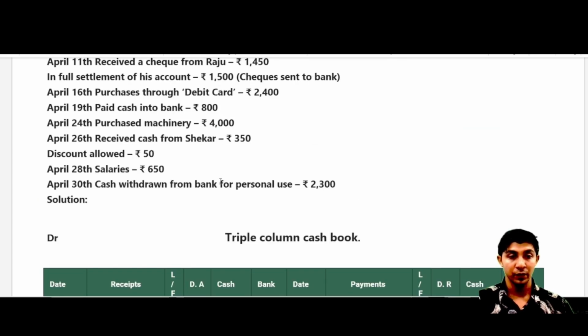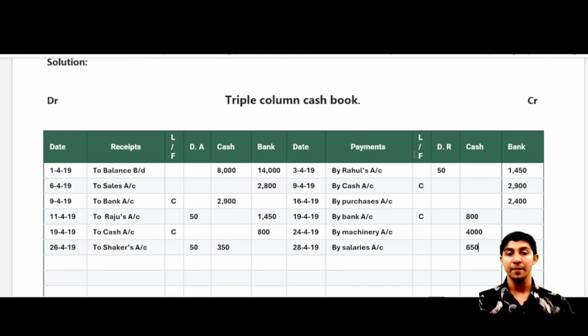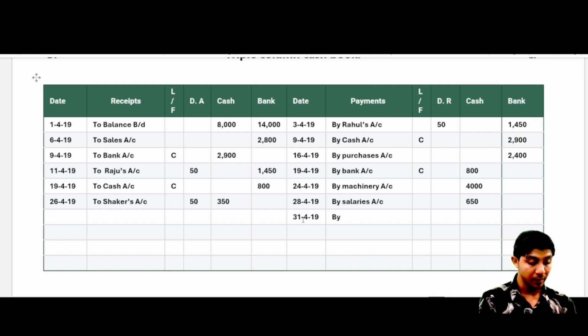Next, now let us move towards the last transaction, that is cash withdrawn from bank for personal use. Personal use means the owner is withdrawing cash for his personal use. Whenever the owner withdraws an amount for personal use, we have to consider it as drawings. In addition to this, if any one of the words personal, private or domestic appears, we directly consider it as drawings. So money is going out of our business, 2300, so we will move towards the payment side. We'll write the date, that is 31st April 2019, and here we'll write by drawings